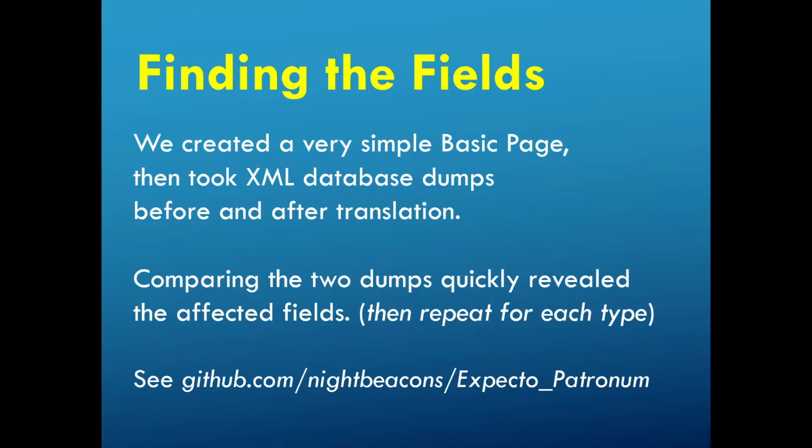And the reason we did that is, okay, we're going to start with an empty basic page, take a dump, and then there's got to be a way to make a MySQL dump of that in XML, one file per table, then make one change to it,